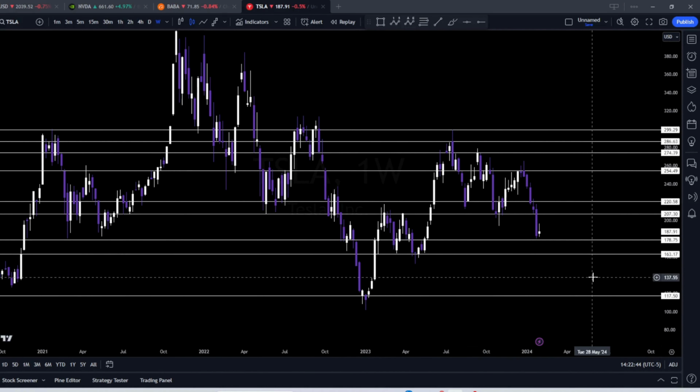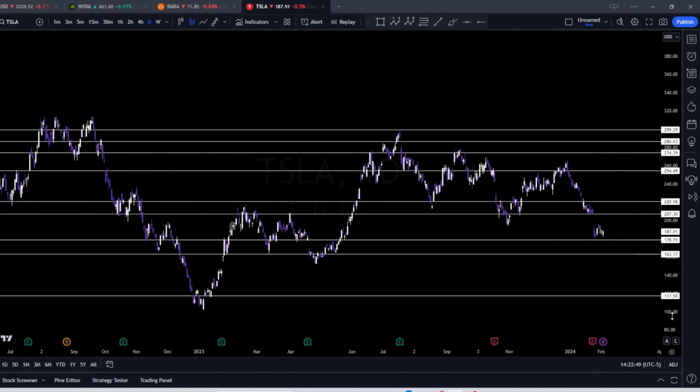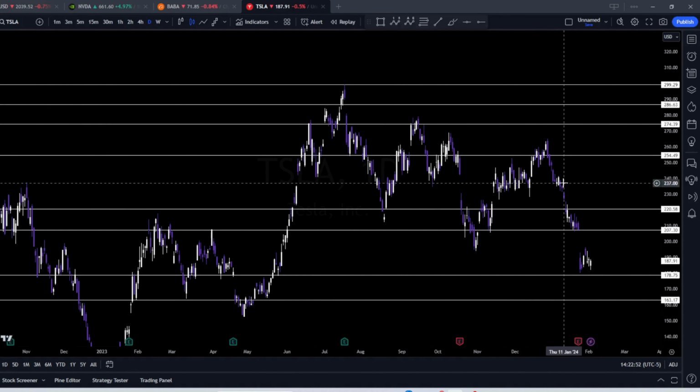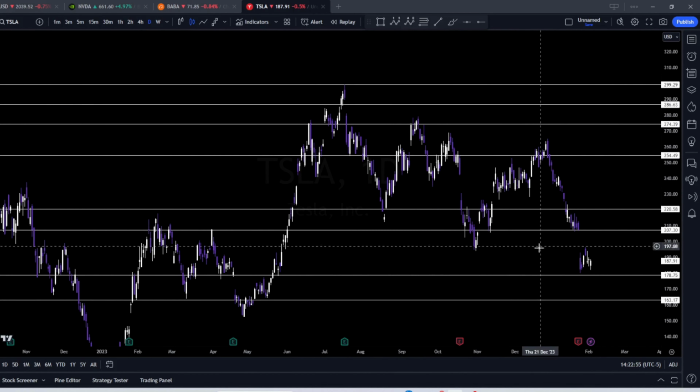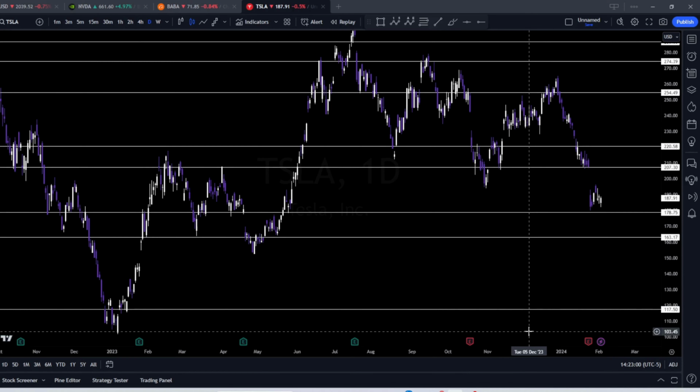So this is the weekly time frame. I looked over that. Okay, now what do I do next? I personally go to a daily time frame. Now I see here if there's any bounces, reversals that I missed out on the weekly time frame, because you won't see anything since obviously each candle closes once the week is over. So